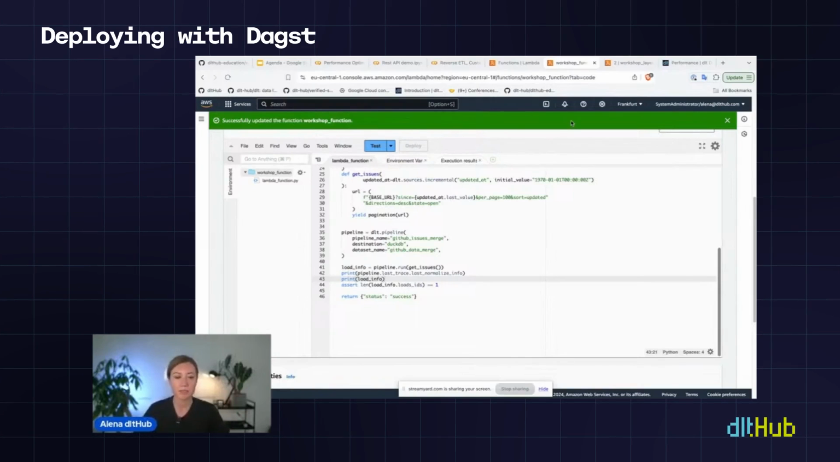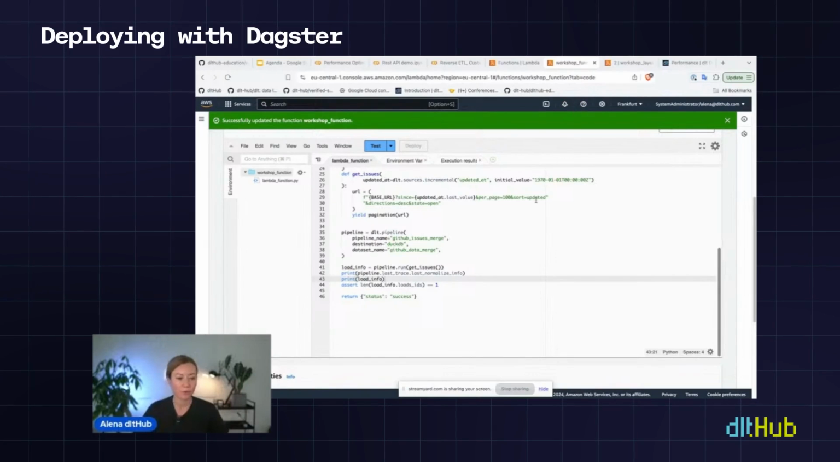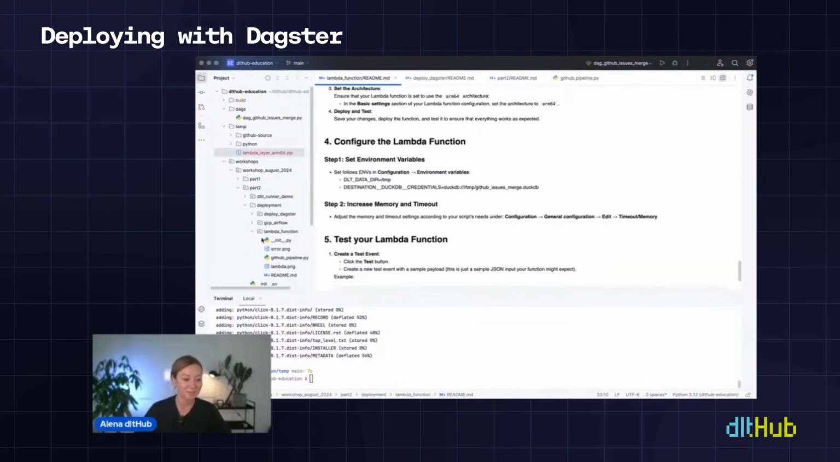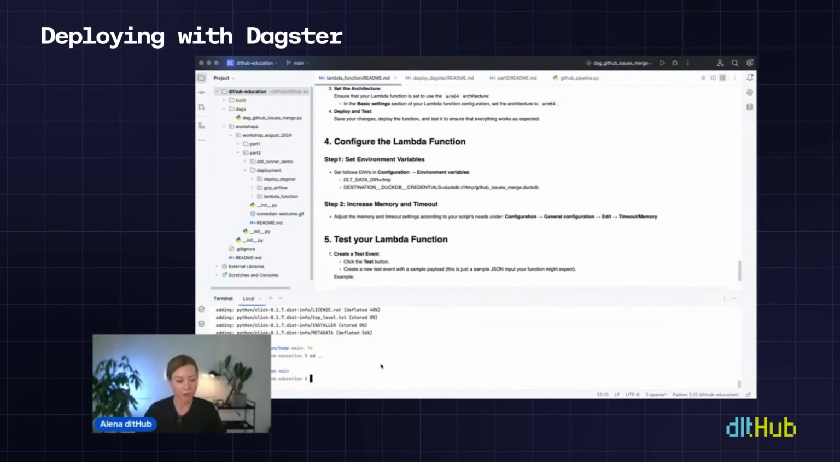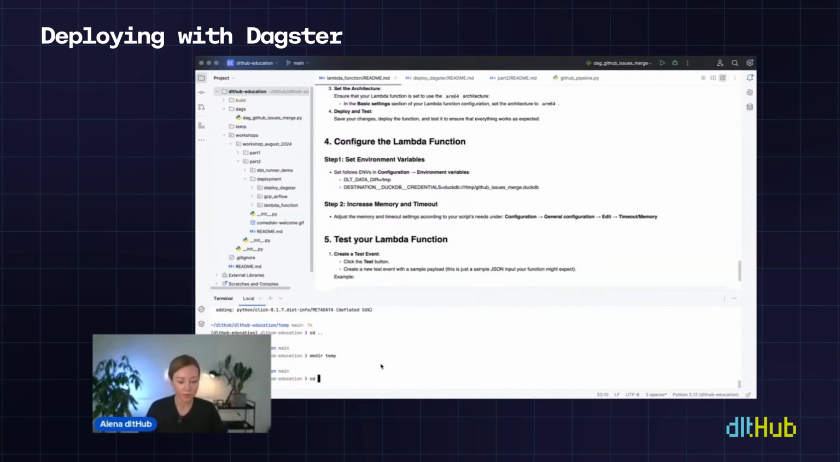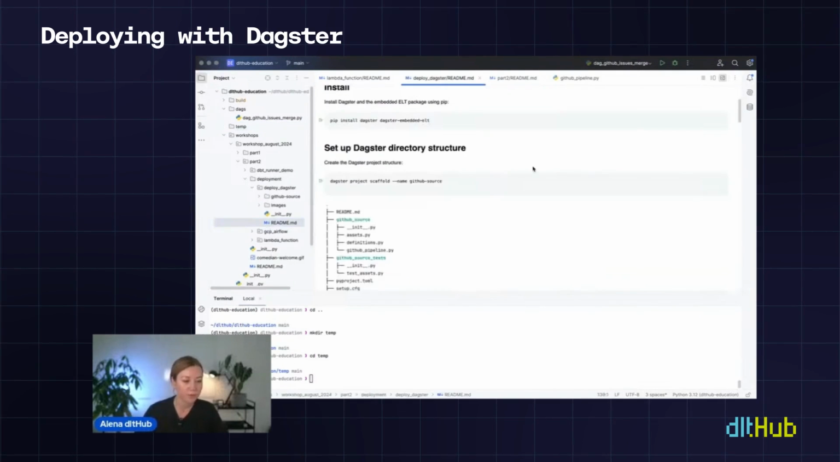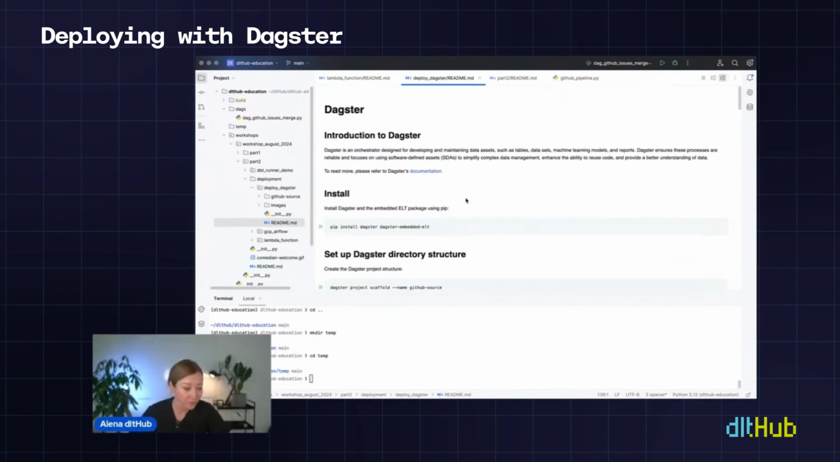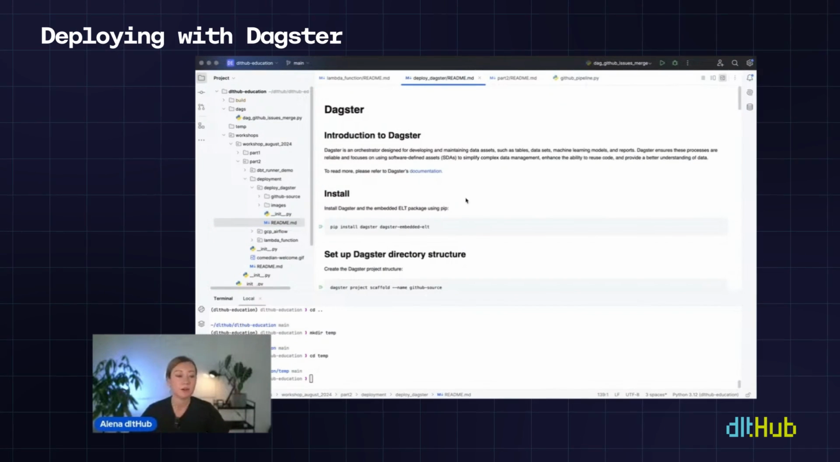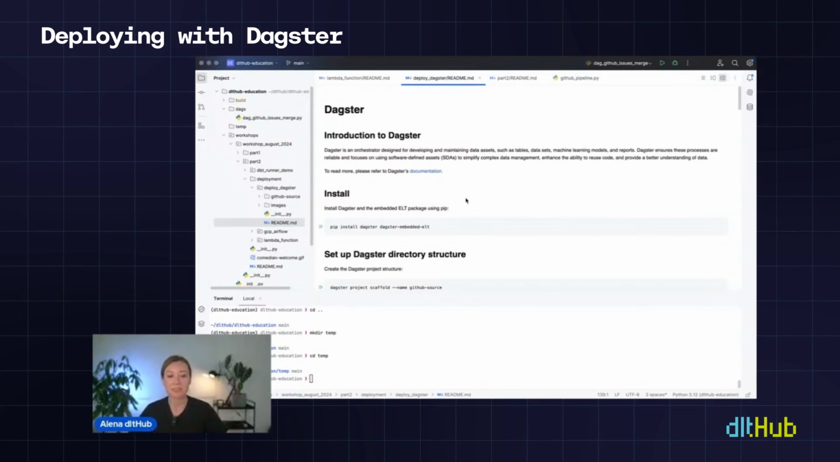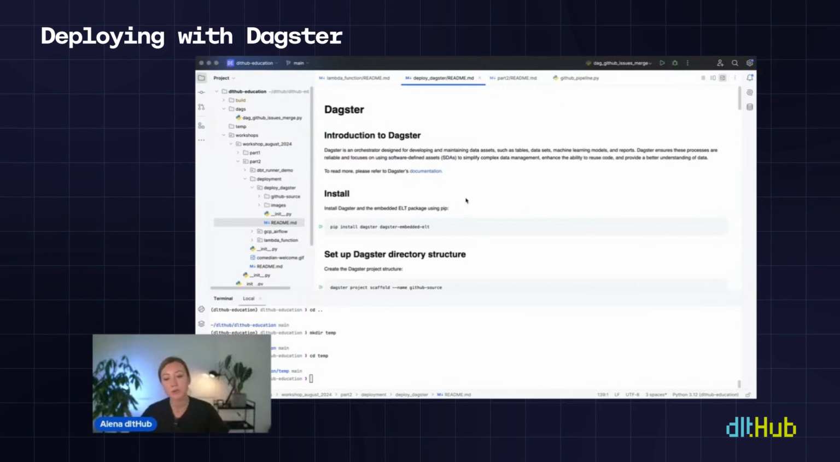Let's discuss one of your favorite orchestrators. It's Dagster. How to run your pipeline with Dagster. Create another temporary folder and go through the README. So Dagster, it's an orchestrator designed for developing and maintaining data assets, such as tables, datasets, machine learning models, and